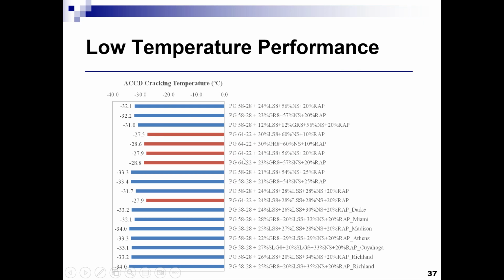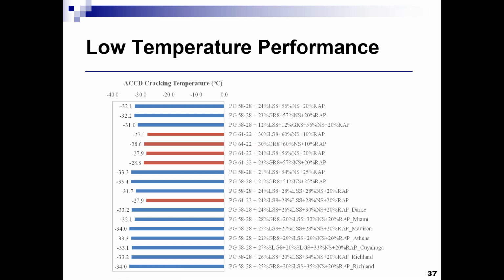It was less affected by some of the other factors. And again, that's what we expected. Binder plays a significant role with regard to basically low temperature performance. So in here, you can see that 58 minus 28 basically gave us better low temperature performance than 64 minus 22. So again, to summarize,